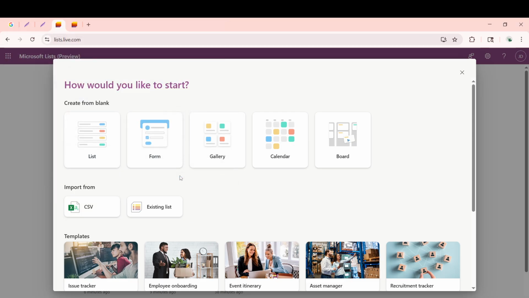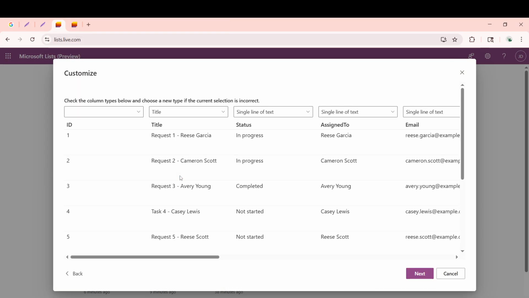After selecting your file, Microsoft Lists will take a moment to analyze the contents. During this step, the system will suggest column types based on the data it evaluates. It's a powerful tool that can accurately recognize most column formats, but you always have the option to adjust these suggestions manually. If there are columns you don't want to be included in your new list, you can choose to